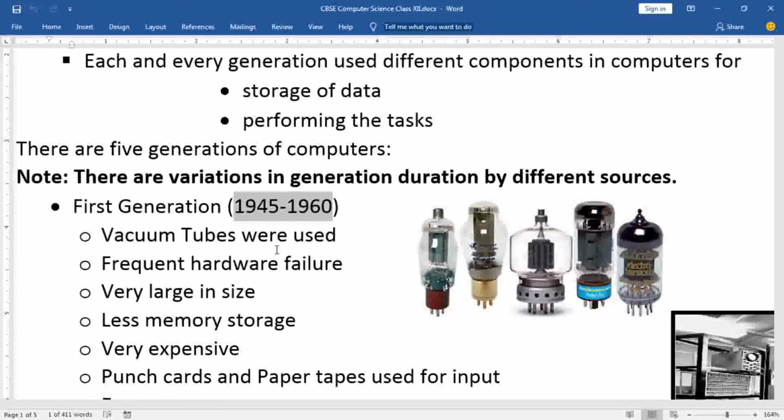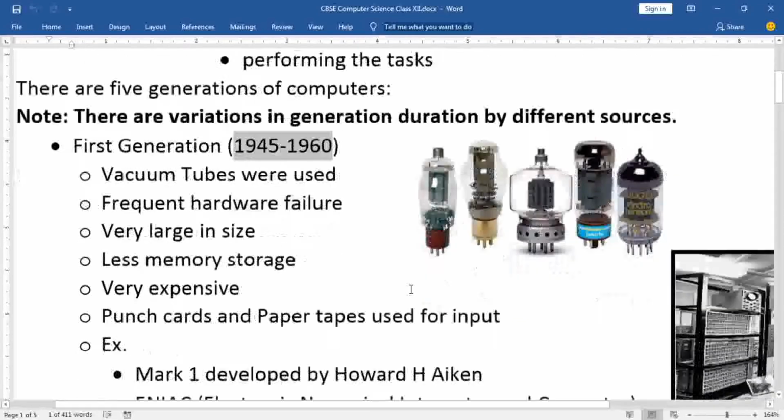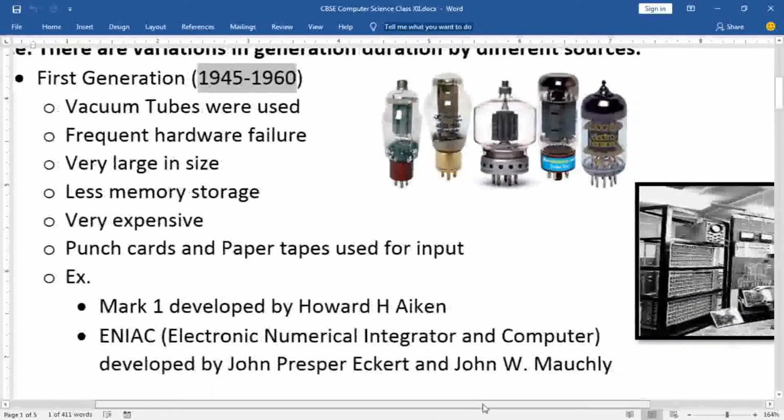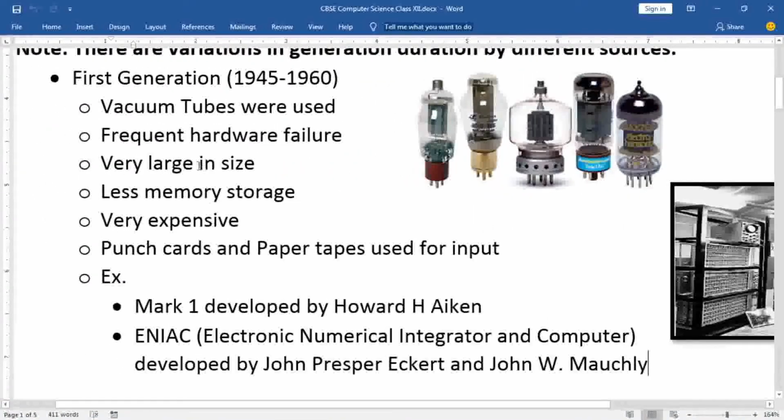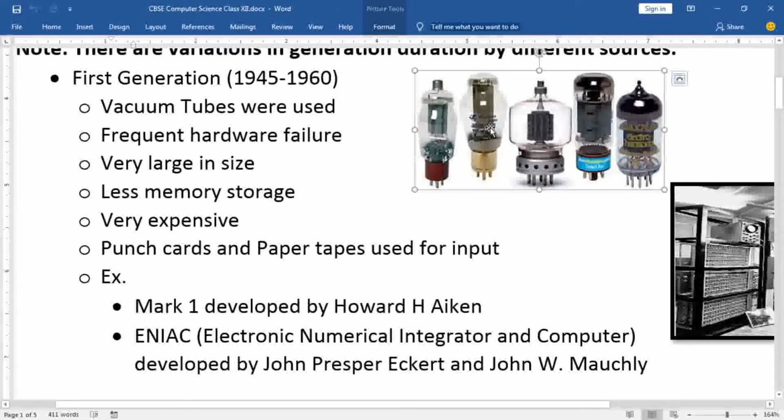If you imagine first generation computers, here I have placed one picture. This picture is showing you the first generation computers. They were very large in size and occupied at least one big room. Basically they were using vacuum tubes to store data. Here you can see pictures of vacuum tubes, 1, 2, 3, 4, 5. They were made up of glass. Now when they were made up of glass, they generated lots of heat